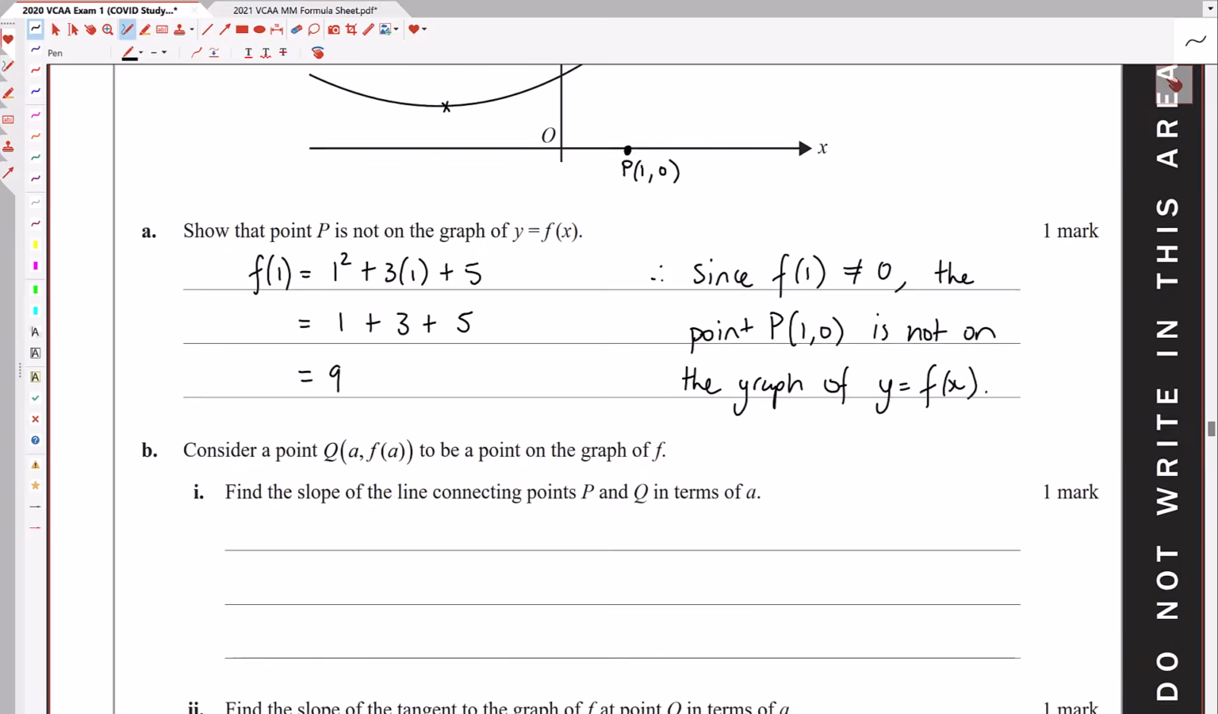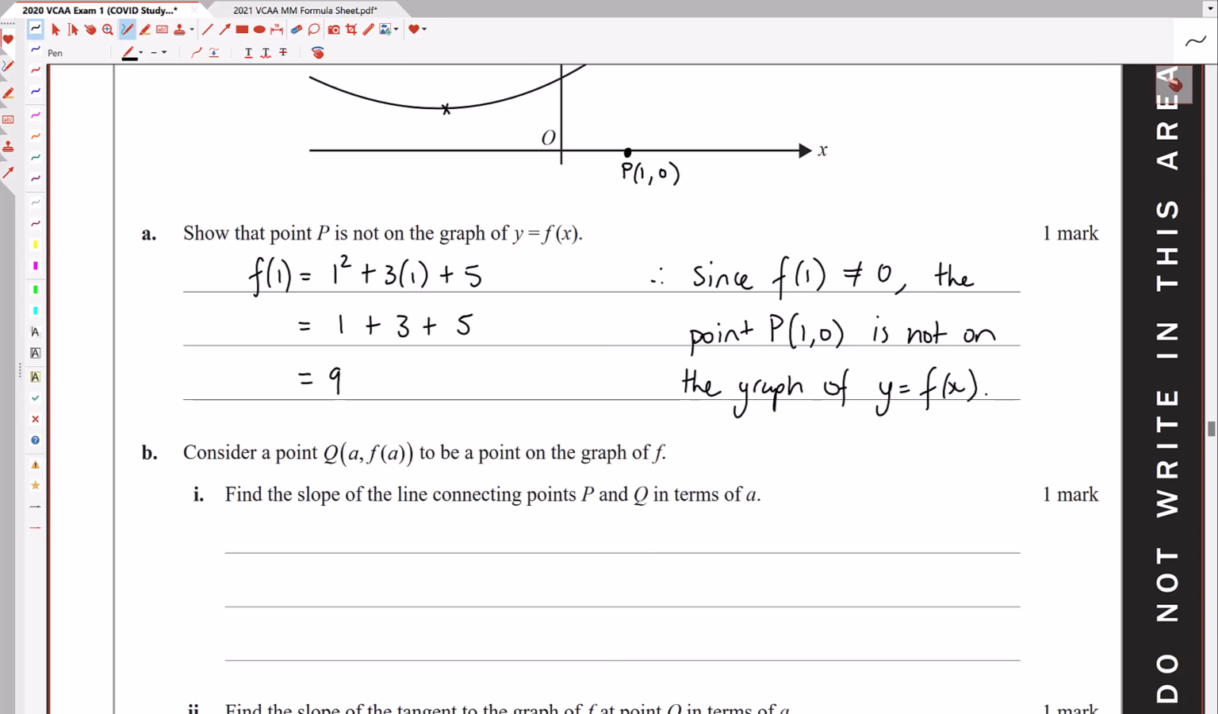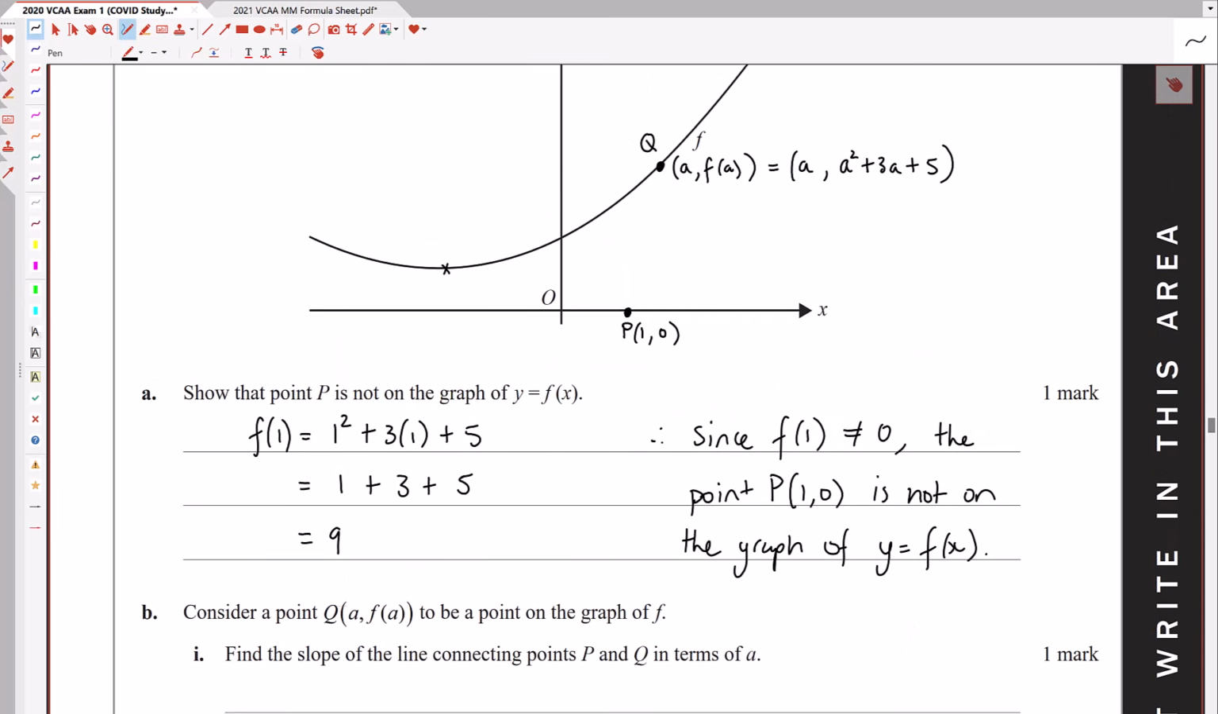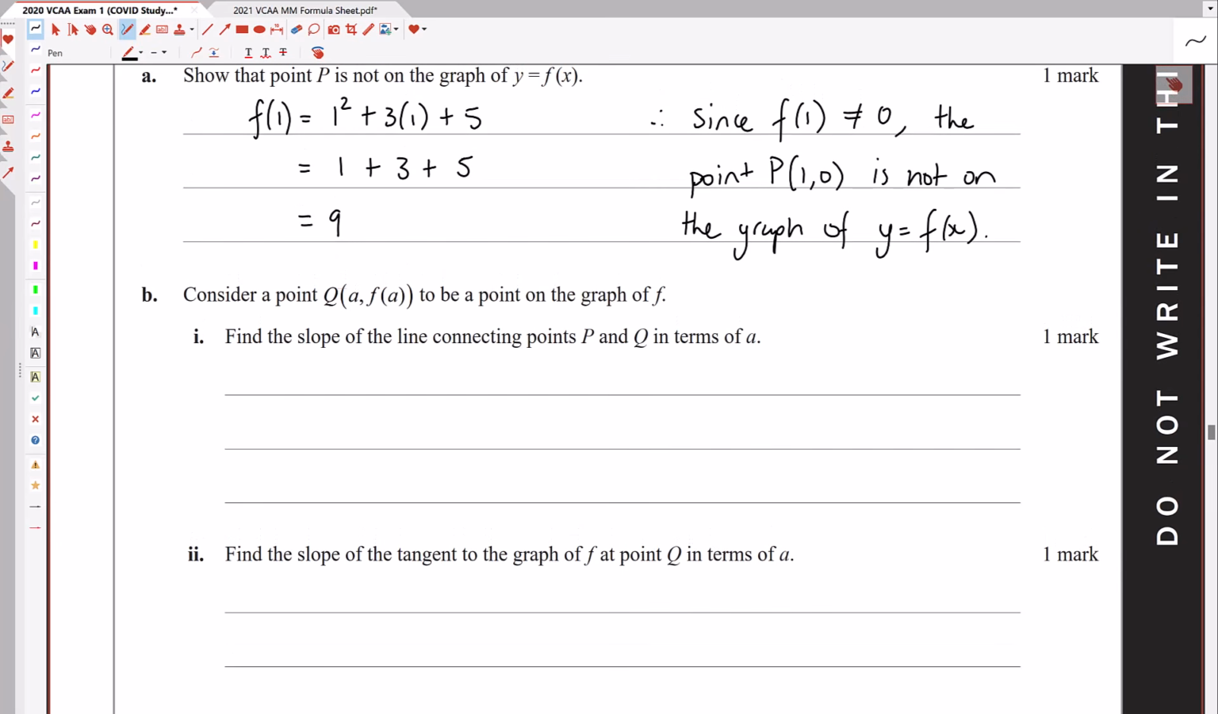Okay, so we want to find the slope of the line connecting points P and Q in terms of a. So we want to find the slope of this line, which is rise over run, the change in y over the change in x. So the gradient from P to Q is the difference in the y values, so that's a squared plus 3a plus 5 minus the y value of P, which is 0, over the difference in the x values. The x value at Q is a, and the x value at